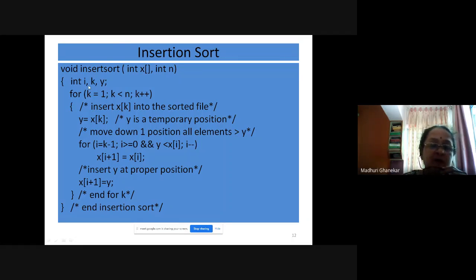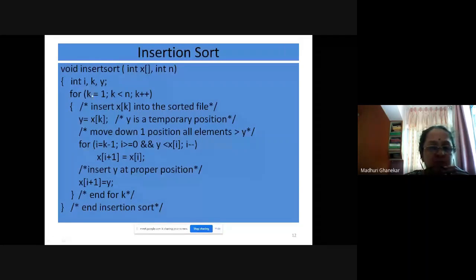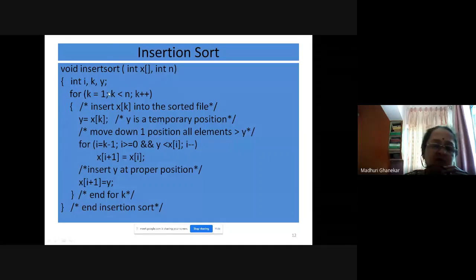Now we are using 3 variables: i, k and y. What are those used for? k is used as the loop variable. If you feel comfortable with i, j, k, you can use i, j, k. If you feel comfortable with a, b, c, you can use a, b, c, whatever. The important thing is k is used as the array index, the for loop variable.